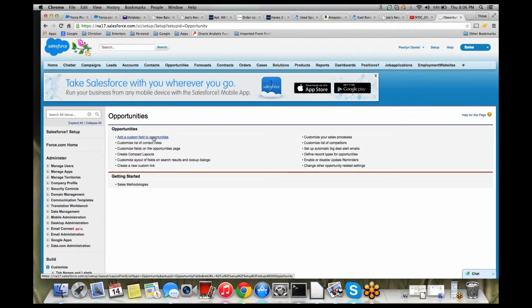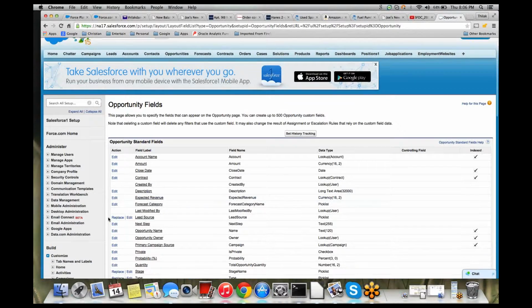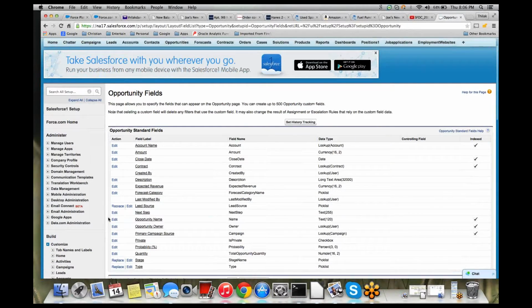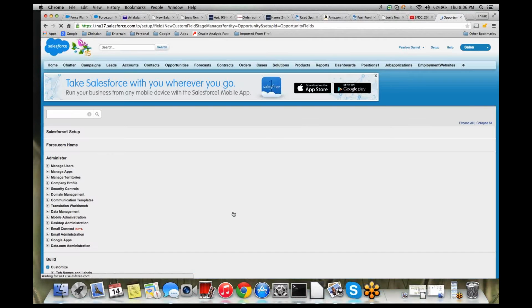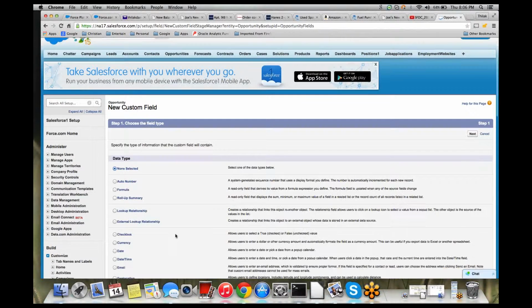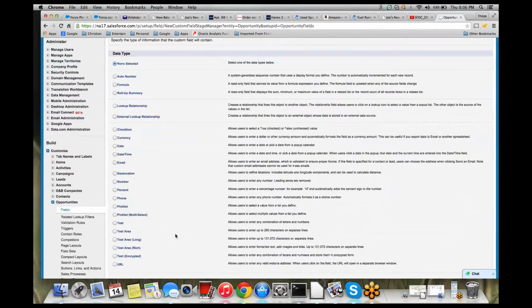Go to setup, customize opportunities. Scroll down, create a new field. Click on new custom field. New button. Formula field. First, second, third one.